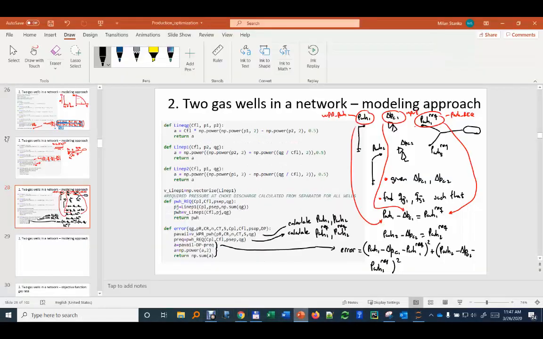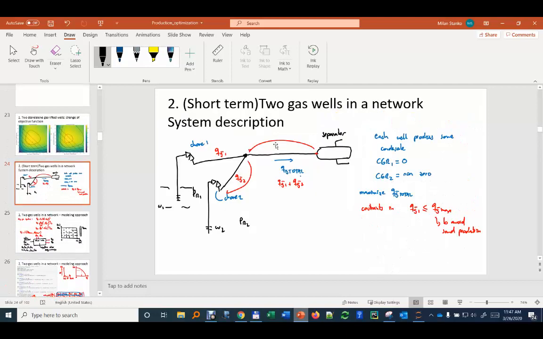Just to summarize, after the gas lift example, we went to this case where we had two wells that each one of them has a choke. And our main intention here, each well is producing some condensate, and we want to see what is the opening of these chokes, or the delta P of these chokes, such that they maximize Q gas. Here we're going to see later, we're going to talk about revenue, or we are even going to talk about condensate,